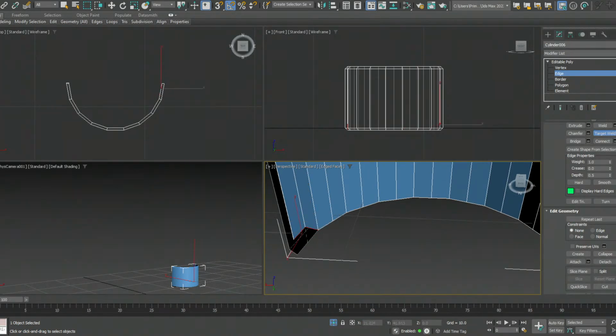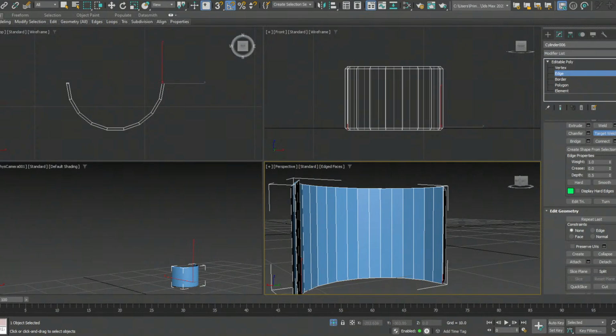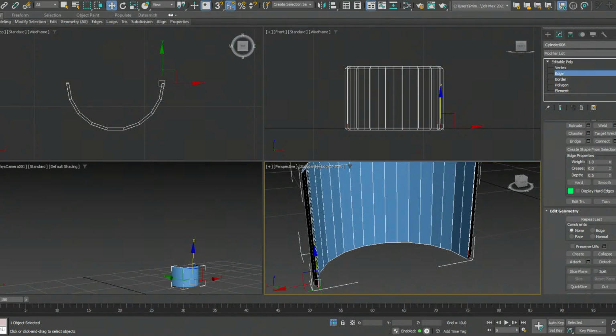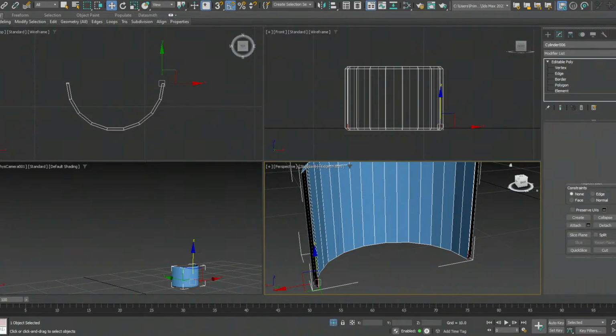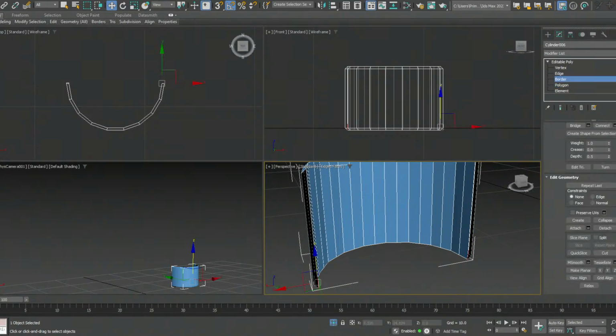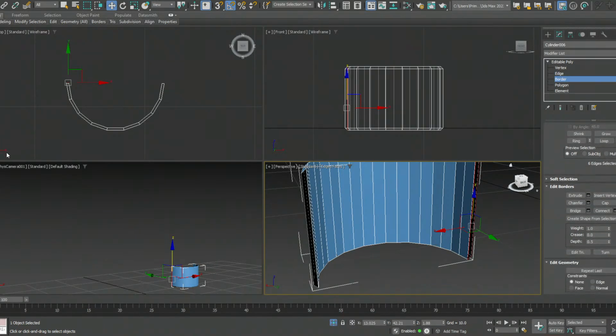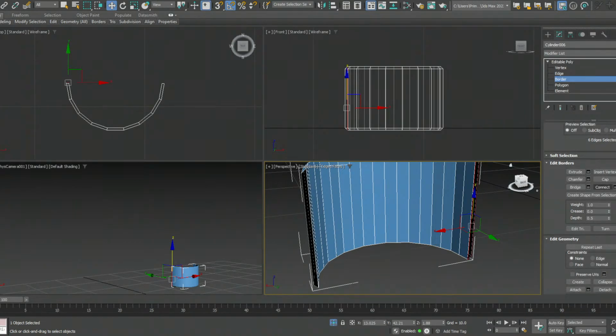Like I always did mention, everything I'm showing is not directly the straightforward way of doing things. I'm just basically rambling through a lot of tools just so that you're able to pick uses or different uses of these tools. So I'm going to pick the border, click on border here, and there should be a cap somewhere. So if I scroll through the modifier panel and I see cap there, covered here also cap,